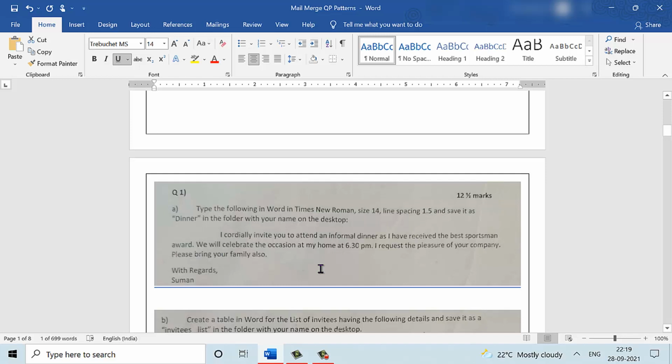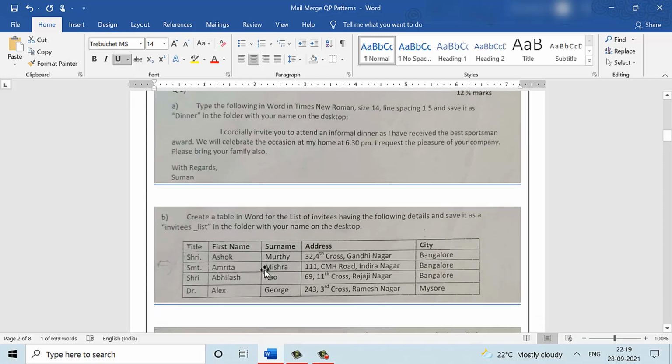For saving this document, the question paper specifies the file name with which it has to be saved, and it also specifies the location on your computer where it has to be saved, and in this case it's the desktop. So each of these small specifications carries marks, apart from typing this letter and saving it in the location given and with the file name given.